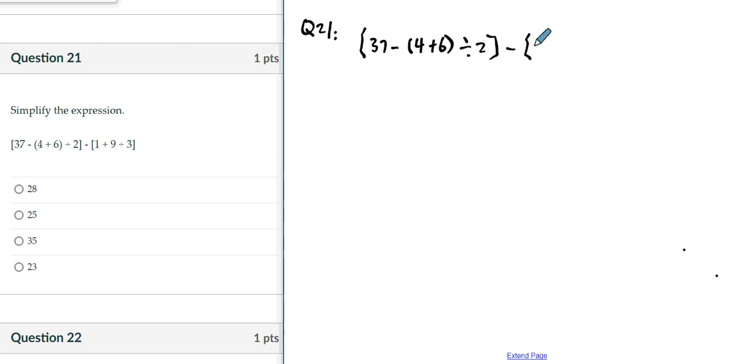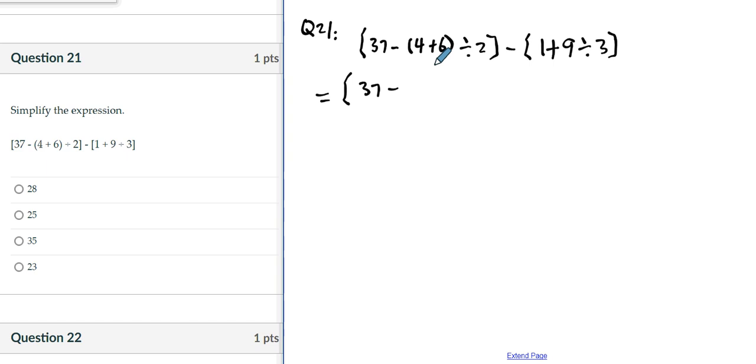Subtract square bracket 1 plus 9 divided by 3. Okay. Let me erase those dots. Now, here with the parentheses, that one has the higher priority. 37, leave it alone. Be patient. Leave it alone. Now, inside 4 plus 6,